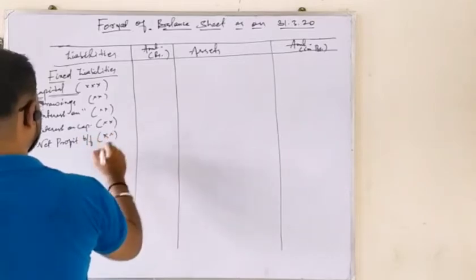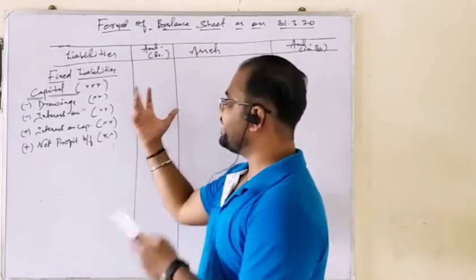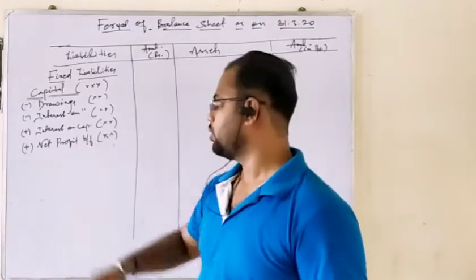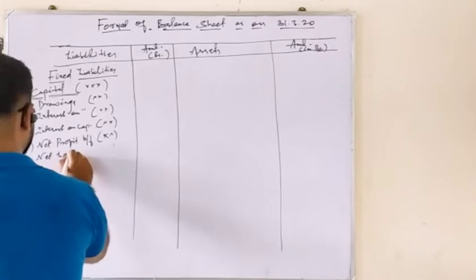Okay, I have told in the last video that net profit or net loss are not written as carried down, because they are taken to a statement, the balance sheet. So I have written here brought forward, not brought down. Same goes with the net loss. If there is loss, you have to deduct the net loss from the capital account.